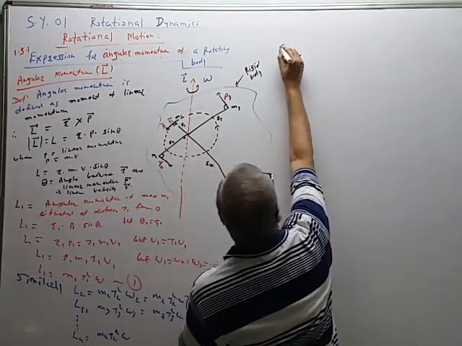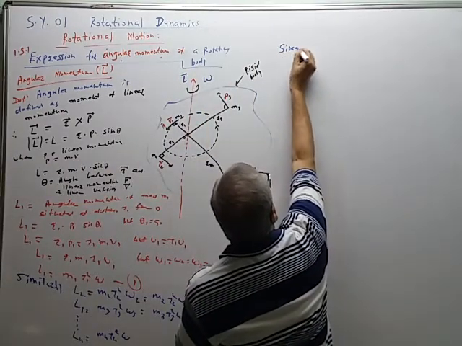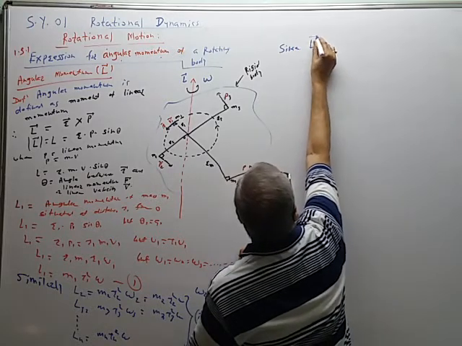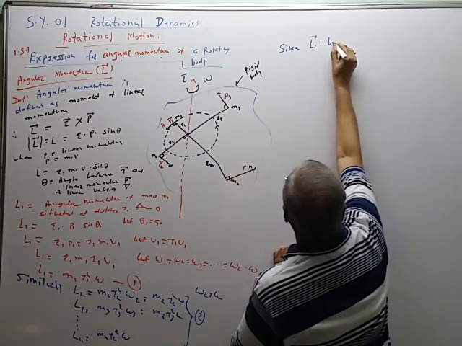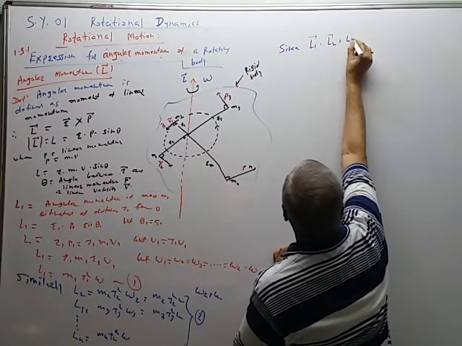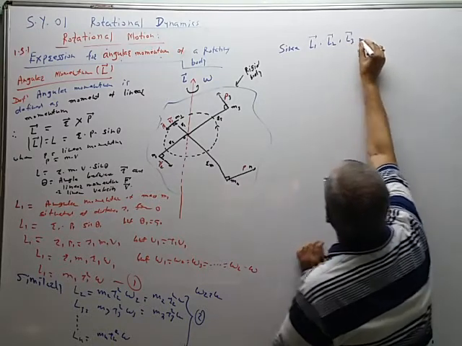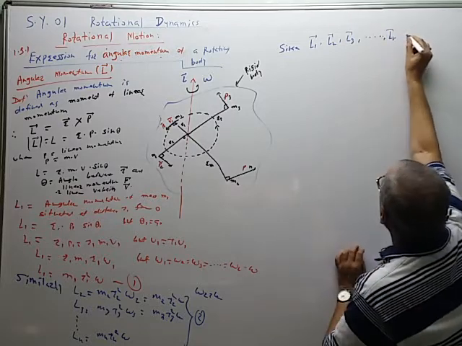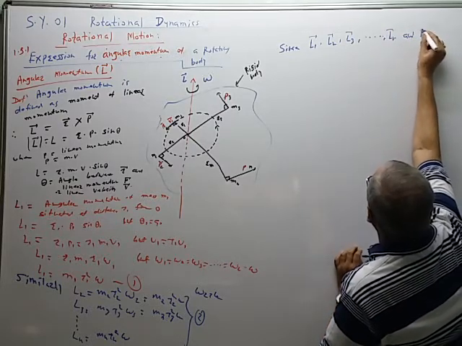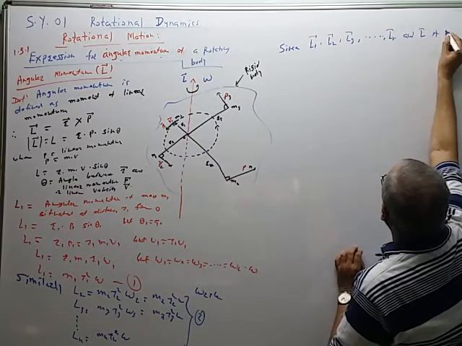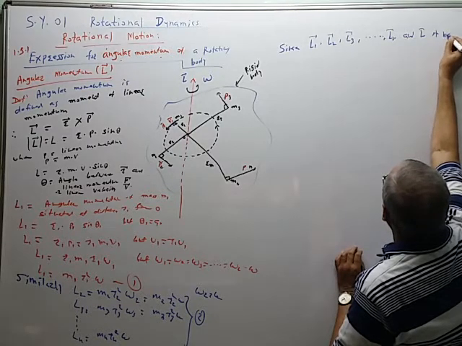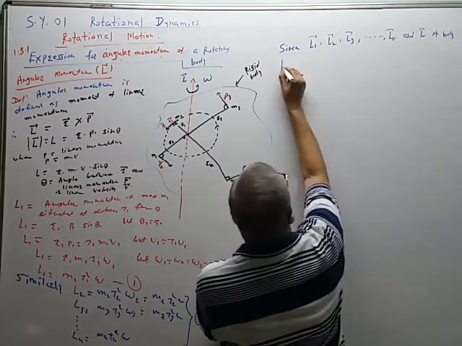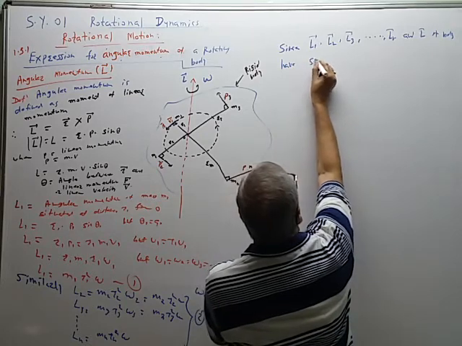Since vector L1, the angular momentum of the first particle, vector L2 of the second particle, vector L3, vector Ln and vector L of the whole body have the same direction,